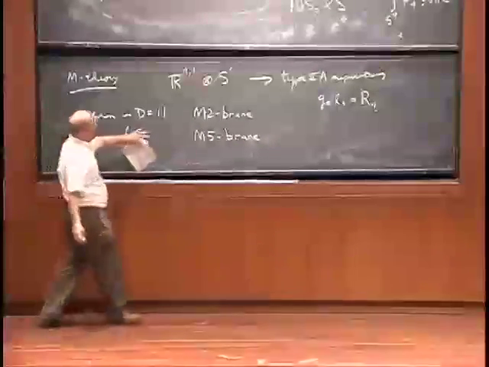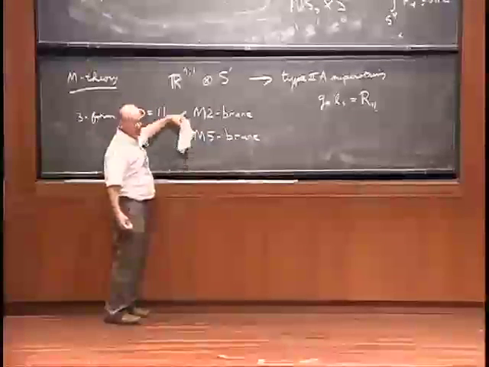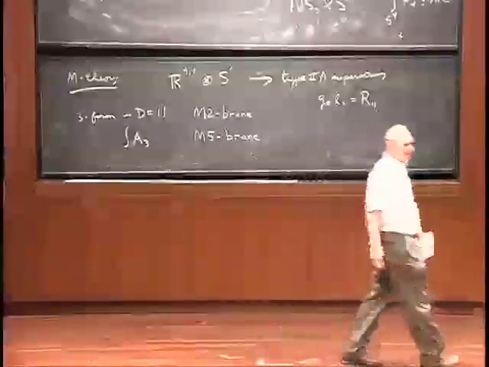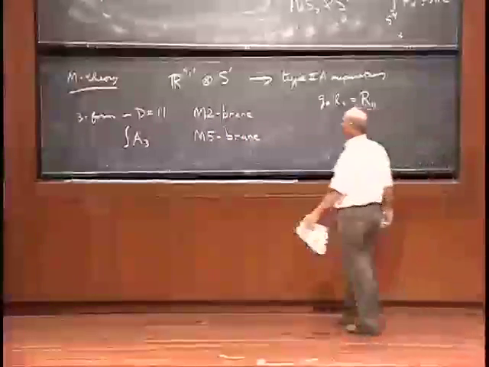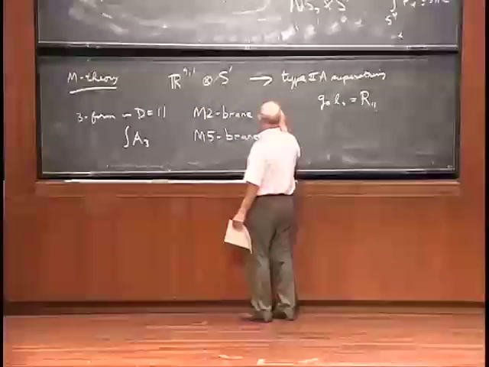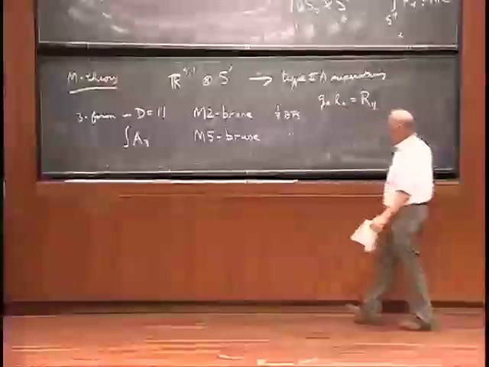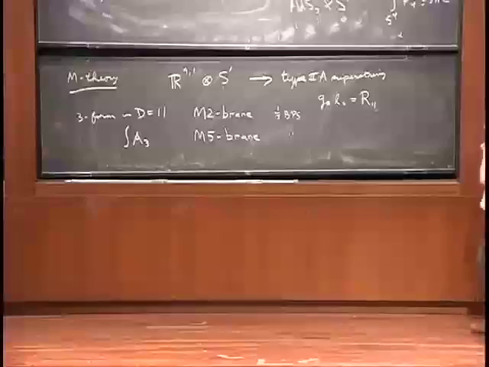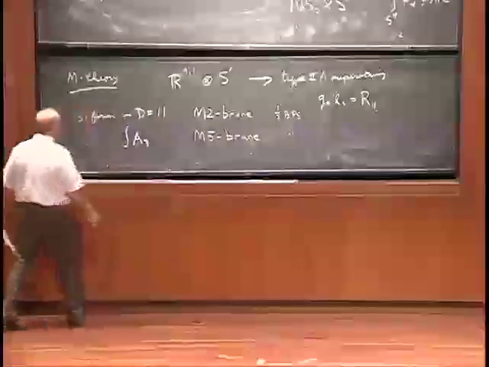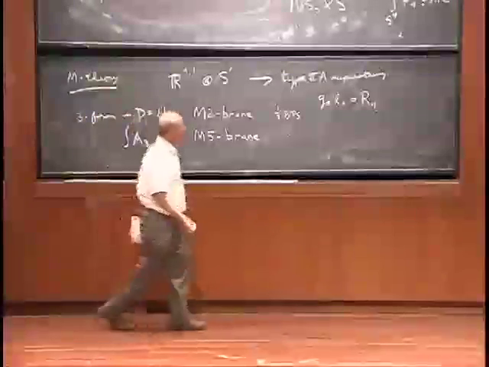Each of these corresponds to solutions of 11-dimensional supergravity, which are higher dimensional analogs of black hole solutions. And those solutions preserve half the supersymmetry of the full theory. So just like the D-branes we discussed yesterday, these are 1/2 BPS, meaning the corresponding solutions preserve half of the supersymmetry. So these are fundamental objects in M theory, and they're basically the only ones. Well, there are some other things too.